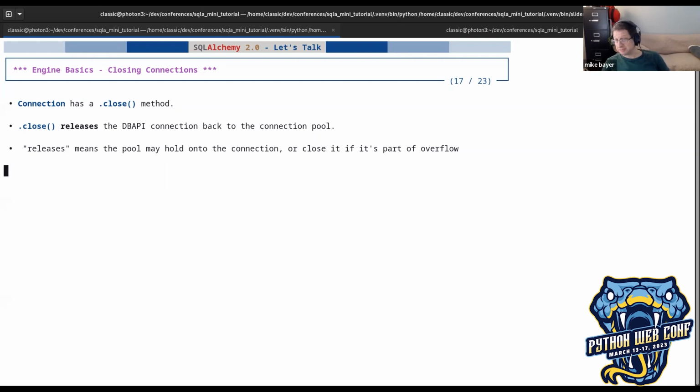Like SQLite file databases, you can have multiple connections to the file at once, and obviously all other databases have lots of connections, but SQLite memory is special, so releasing the connection to the pool won't really do anything except store it. When we call .close, you will see in the logging, if you're doing logging, the rollback, and that's because the Python database API, as mentioned before,